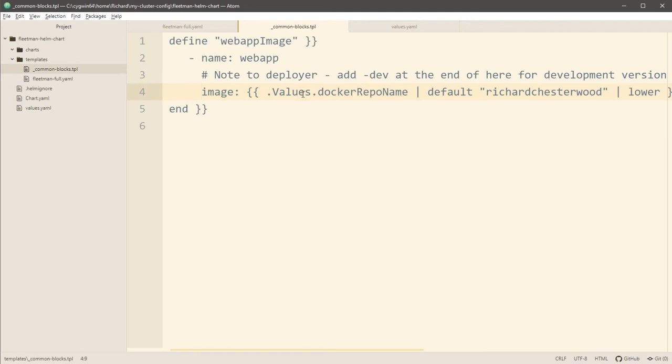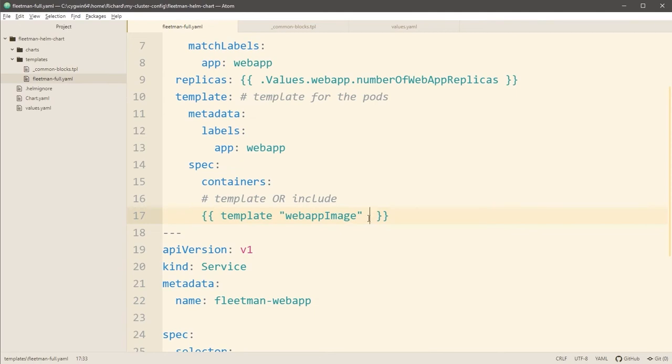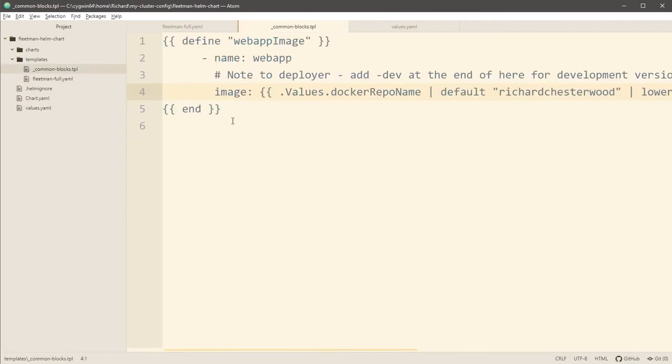YAML, after all, is hierarchical. Now, this second parameter is saying at what part in the tree do we want to start from? It's kind of hard to explain that. What I mean is if I put a dot in here, and that's probably what we're always going to do, then in the named template, the parser has to start from the very top of the tree and it works down through .values and so on.